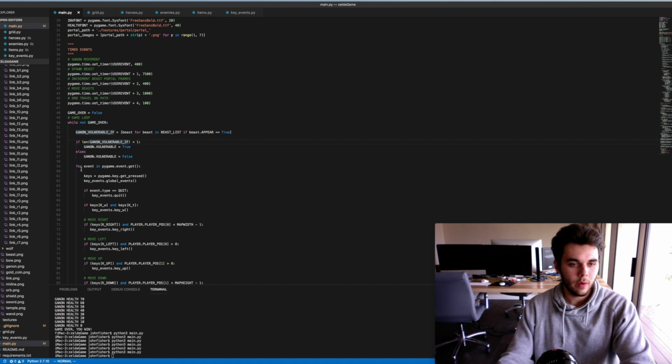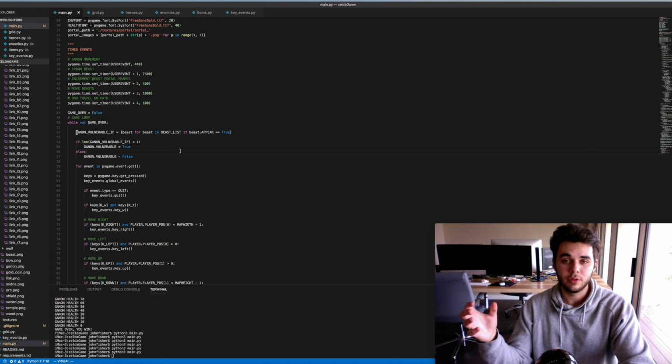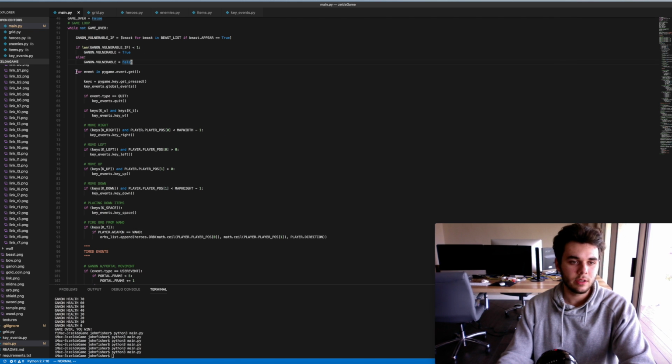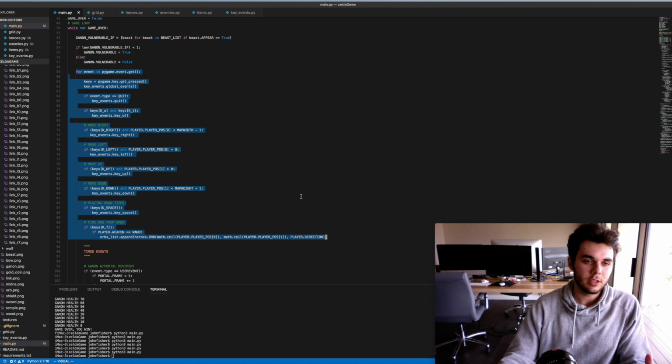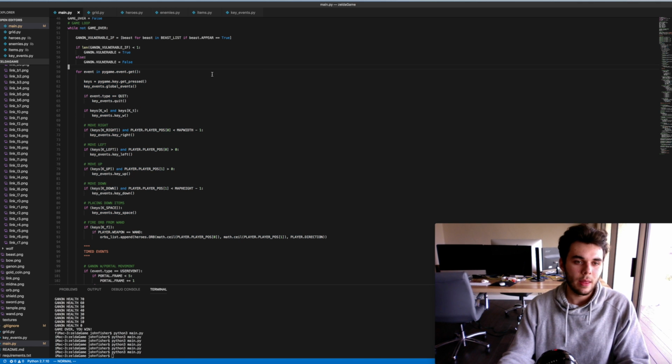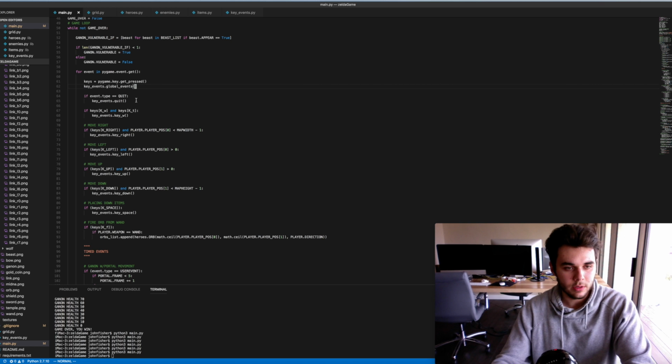Okay, so this one here is just testing if Ganon is vulnerable based on the amount of beasts on the screen. So we're testing for the length of the beast list. And then this is our main user input loop area. So essentially within the game loop, you have an event listener, and that's for event in pygame.event.get, okay? And then that's going to listen for any kind of key presses or mouse events. So essentially here we have if you press the W key and the T key, you're going to transform into